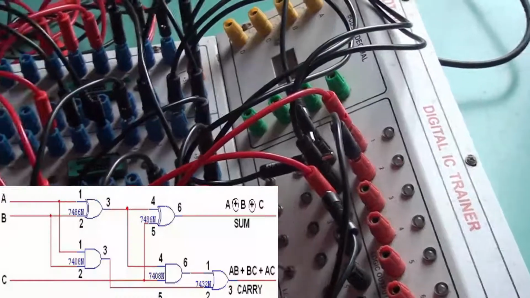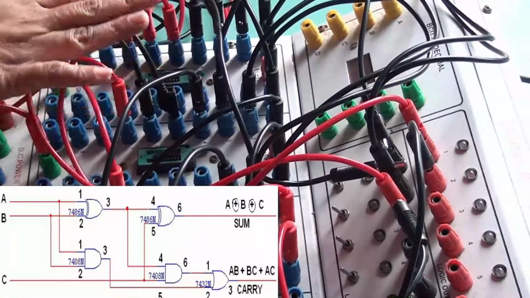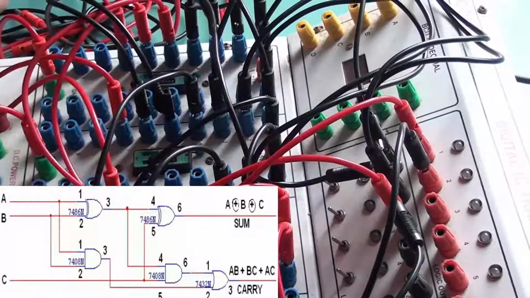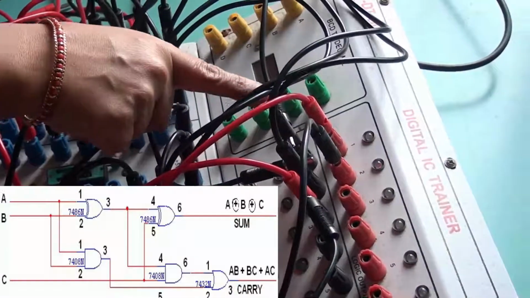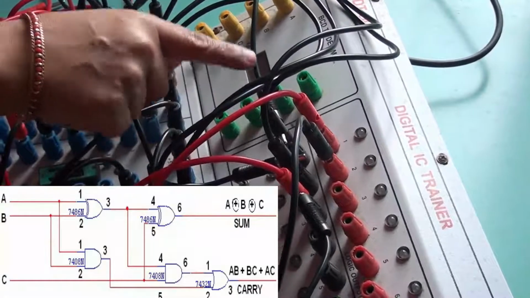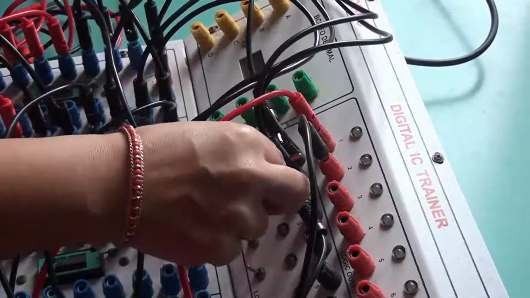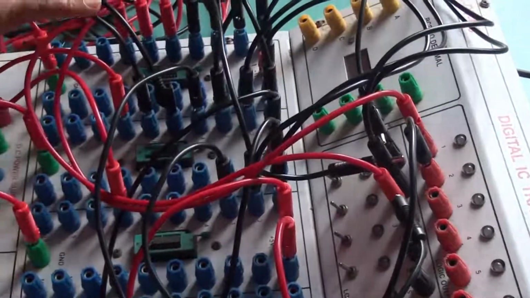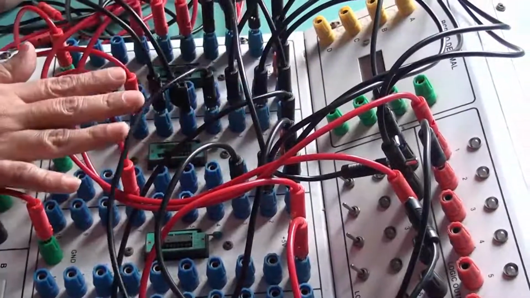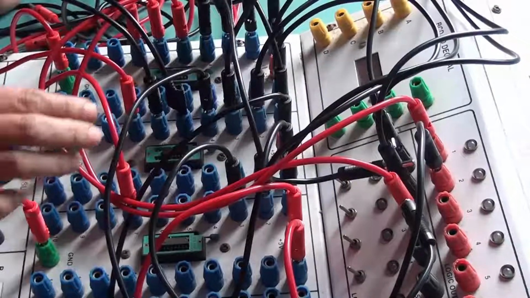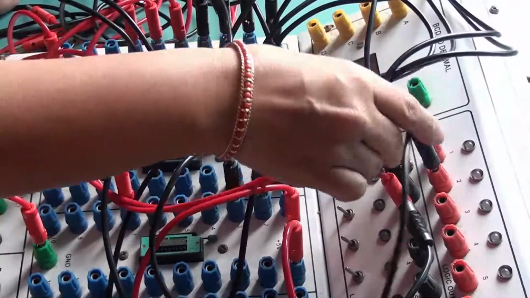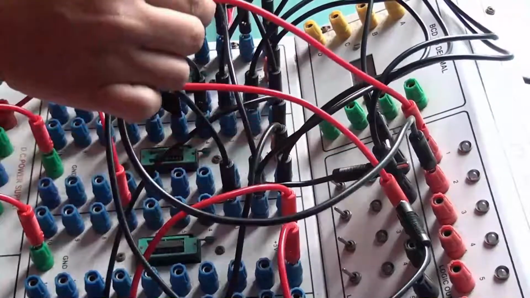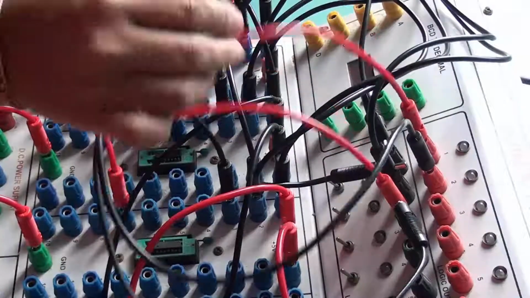So we are already done with the connections. As we did the connection, similarly we did for the half adder. So herein we are using 3 inputs because it is a full adder. We have 3 inputs. We will call this as A, B and C, and this feeds into the various AND and XOR and OR gates as per your logic circuit. And here we have 2 outputs, sum and carry. As you are aware, a full adder has 3 inputs and 2 outputs. The output we call it as sum and carry output.